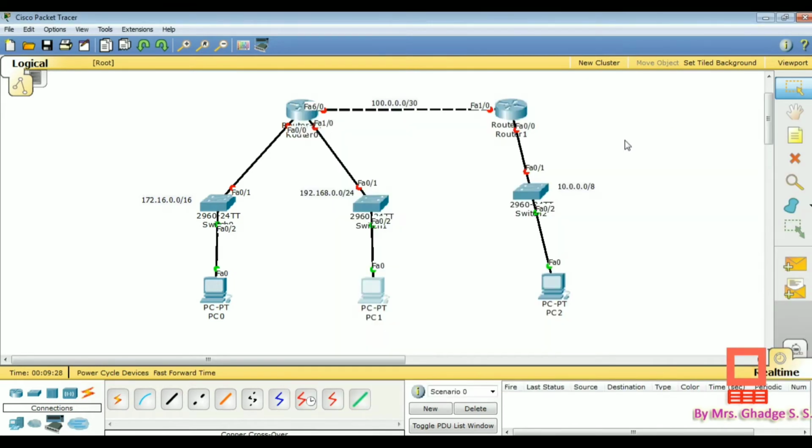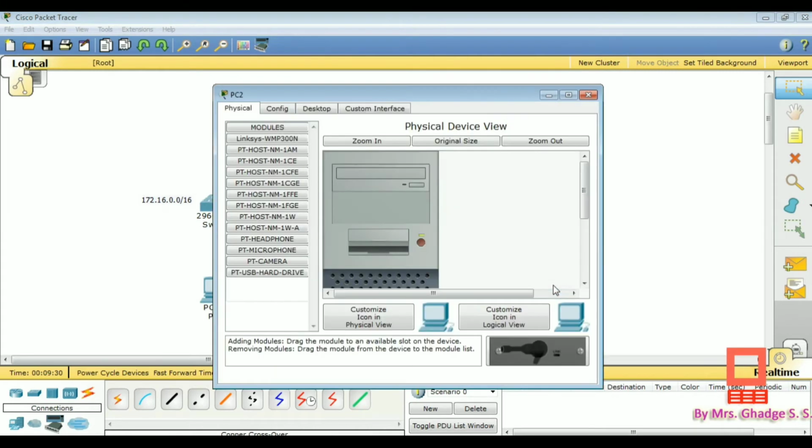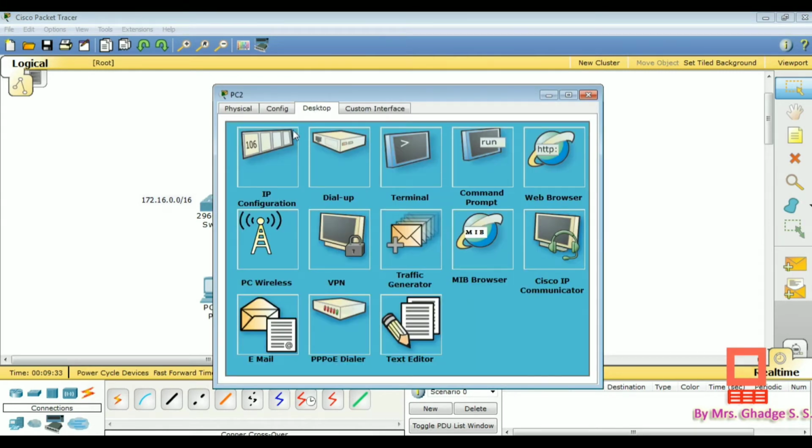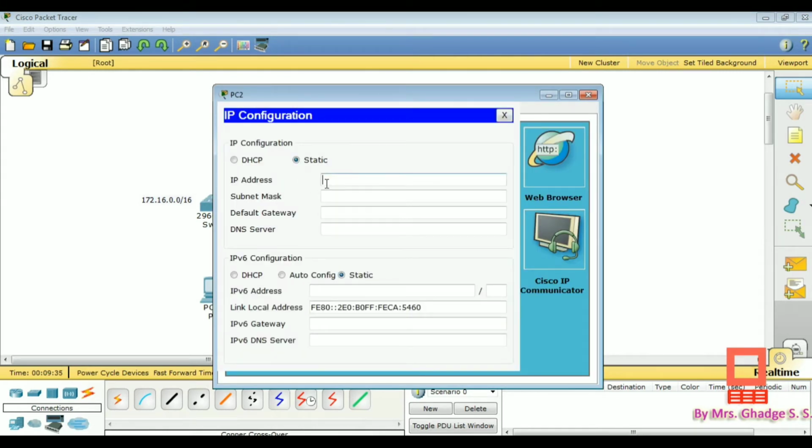Then write the IP address for the third PC. Just click on it, click on the desktop option, IP configuration option, and here the IP address is 10.0.0.2. The subnet mask is automatically calculated, then the default gateway address is 10.0.0.1.